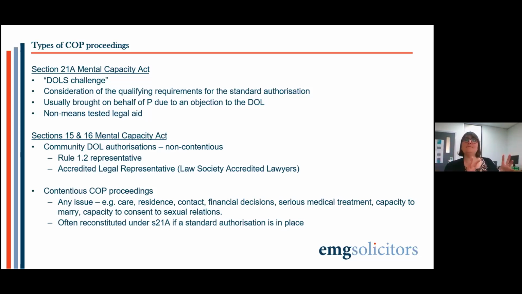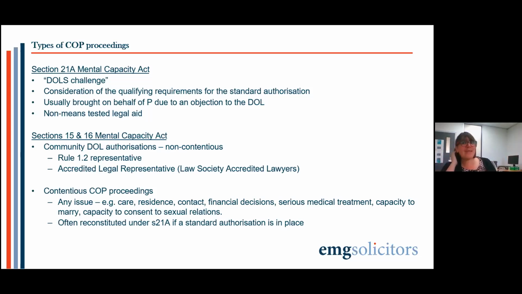So that's the COP DOL11 form that usually the local authority is responsible for filling in, unless they have healthcare funding. So if they've got continuing healthcare funding, it becomes the responsibility of the CCG to make the application. That can only be done where the person's not objecting and there's no dispute about what's in their best interests. It can't be done if it's a contentious case. So they need to have a Rule 1.2 representative, which is analogous to the RPR role, but in a community DOL